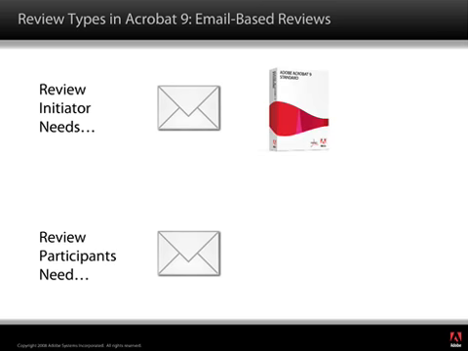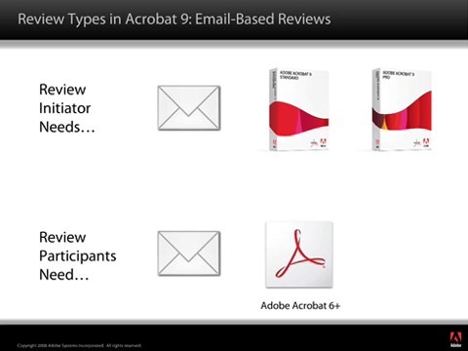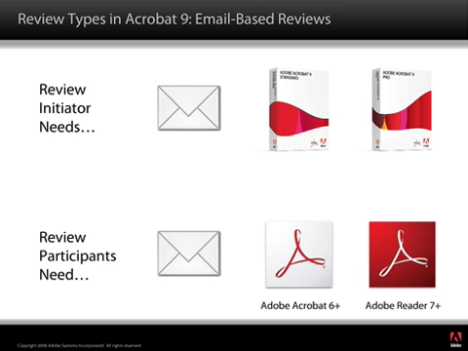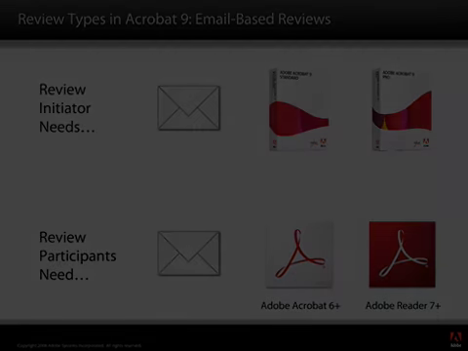Now, if you're initiating a review from Acrobat 9 using the standard version, your participants need to have Acrobat 6 or higher. However, if you are initiating the review with Acrobat 9 Pro or Pro Extended, your participants can have Reader 7 and higher as well as Acrobat 6, as it applies that Reader enablement, which I'll talk about later. Now, the thing about email-based review